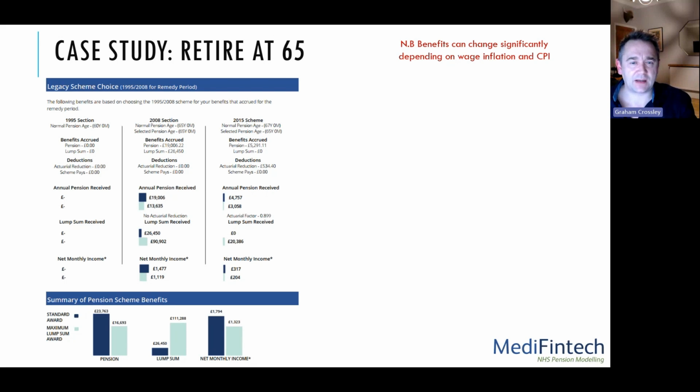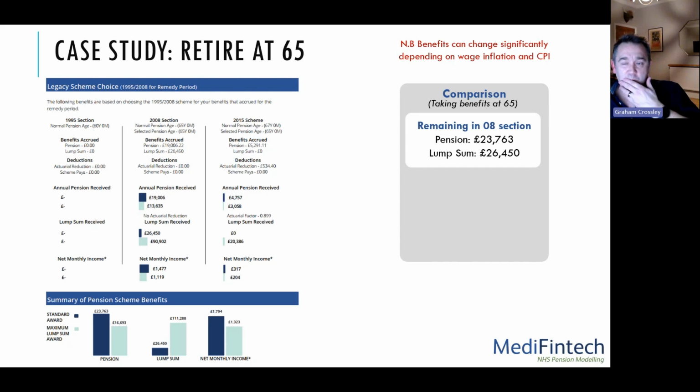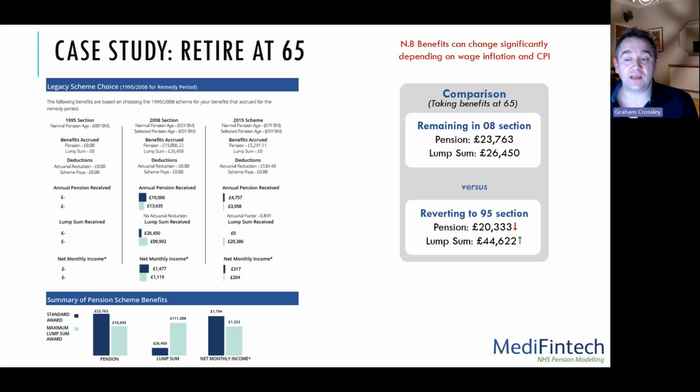And we'll see that. So if you've got a lot of time to go, then the big impact of the recent CPI you might see falling off going forward. But let's do that comparison again. So 08 section, pension of £23,763 and a lump sum of 26,450 versus if they had stayed in the 95 section, a pension of 20,333